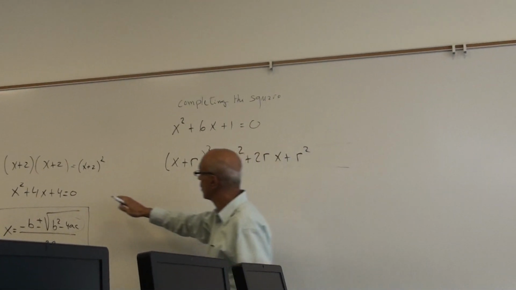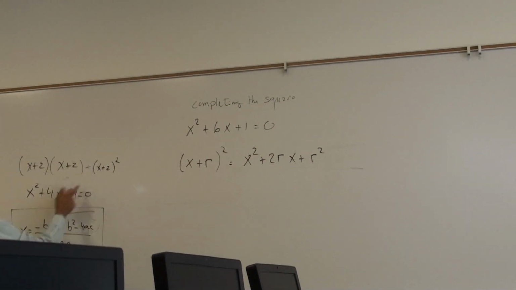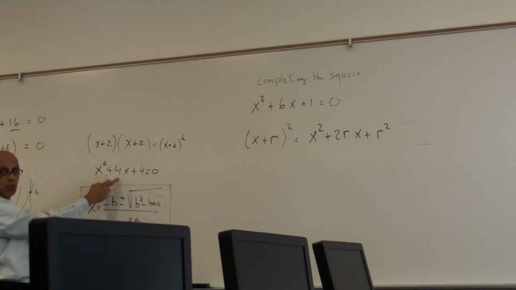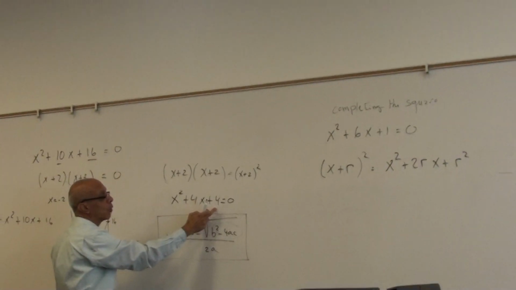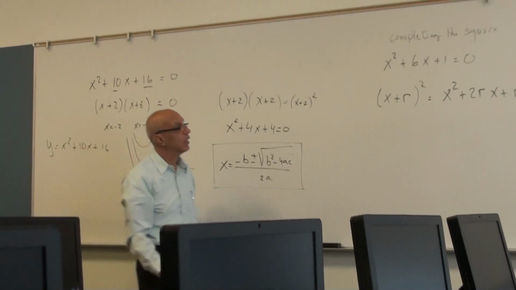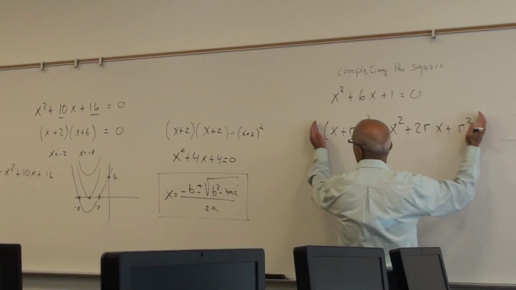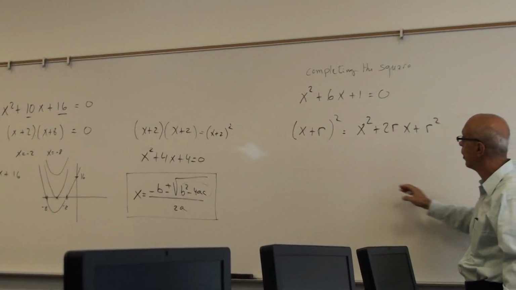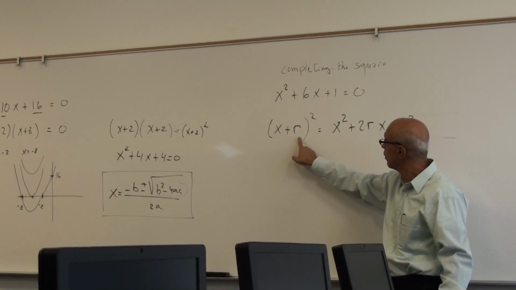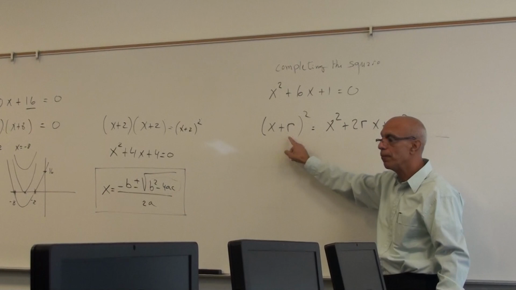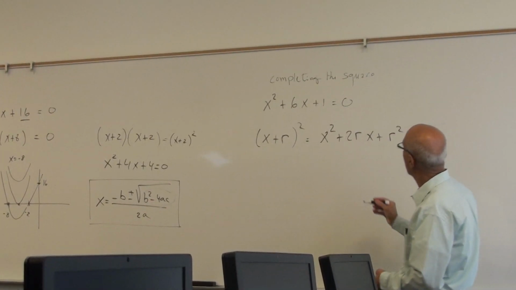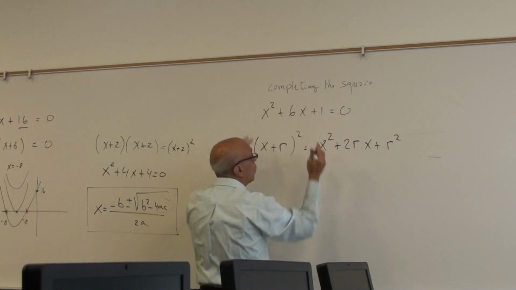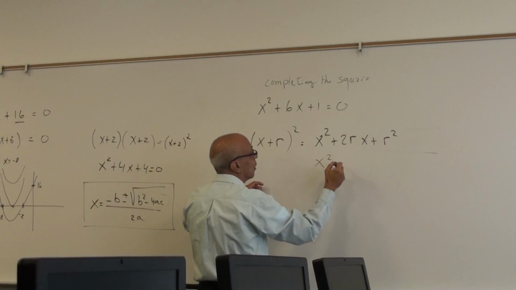It's just like this one here. You see, this is 2. 2 times 2 is 4. And then 2 squared is 4, right? This is the formula when I'm doing the square of a binomial, okay? Could be any number. So when I look at this here, and I put this right here underneath this,